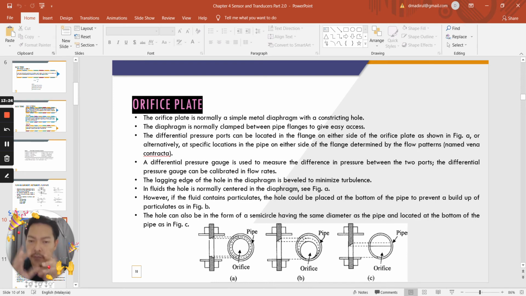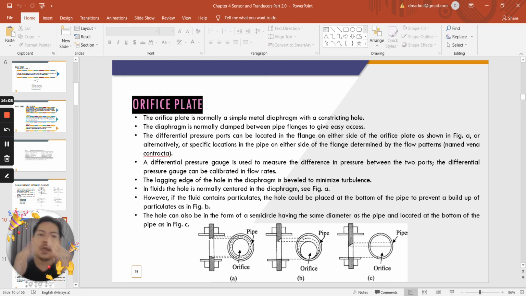However, let's say you just imagine in the fluid there is particulate in it. The hole can be placed at the bottom of the pipe to prevent a build up of particulate. That's why you need to do this, because when a fluid contains particulate, the particulate density tends to be higher than the fluid itself. So it tends to form sediment. After a period of time, the particulate that is moving in the fluid will eventually form a sediment. So the sediment will continuously